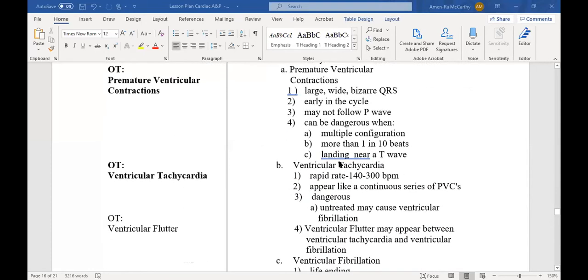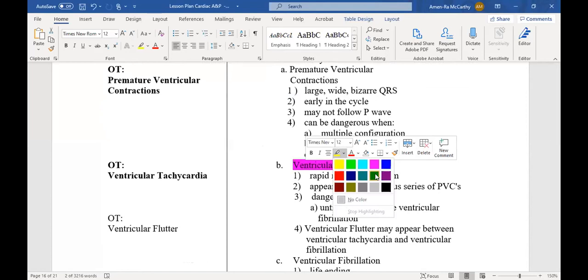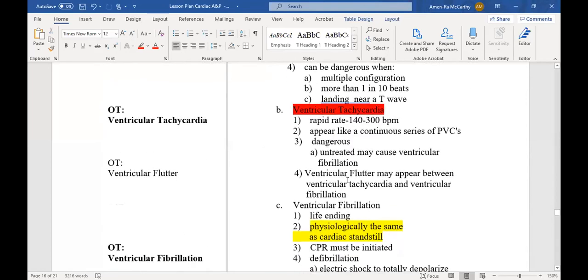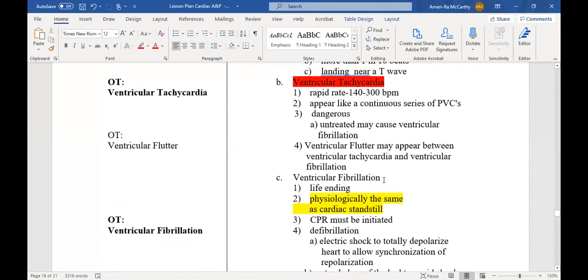V-tach. So I'm going to do it like this. The 4 deadly arrhythmias I'm going to put in red. V-tach, V-fib,